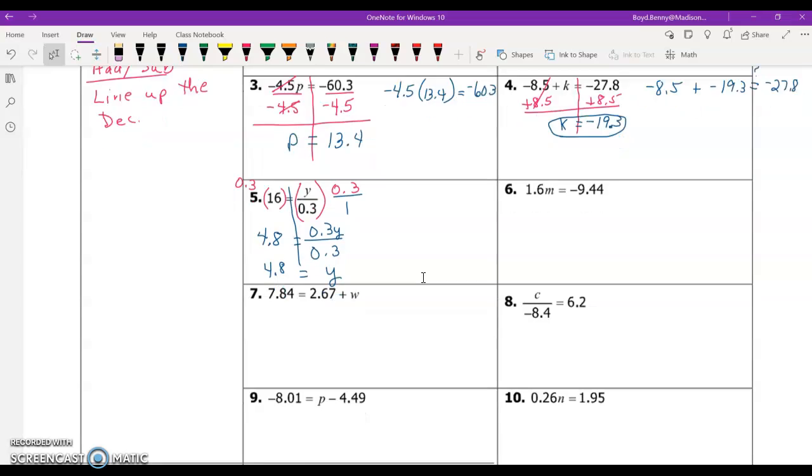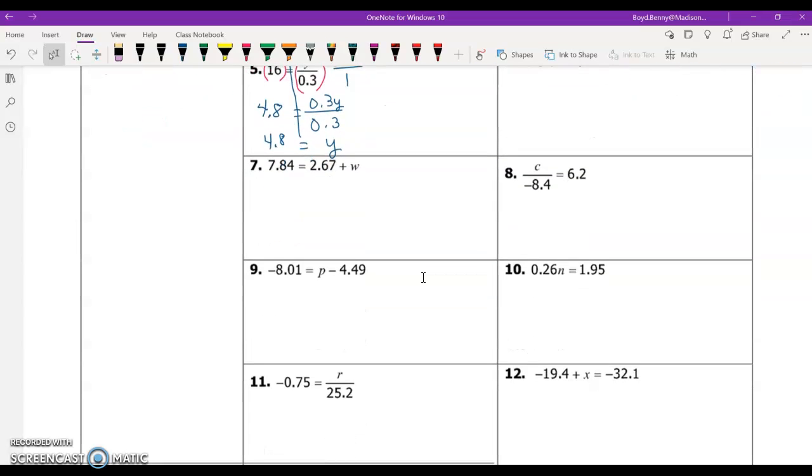Let me look down through here and see if there's any more that we might want to tackle. How about this one where we're dividing by a negative number, number 8? Okay, let's go ahead and do that one. Since we're dividing by negative 8.4, I'm going to multiply. Sorry about that, guys. I'm going to multiply both sides by negative 8.4. I'm going to do the inverse of these two. Okay, so when I do that,